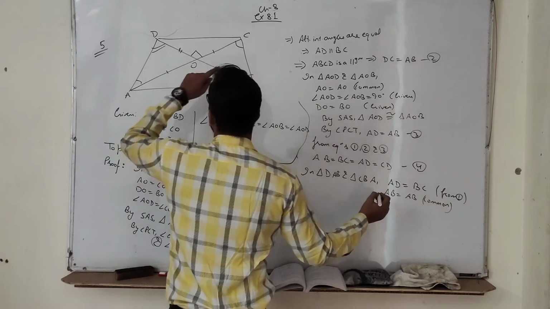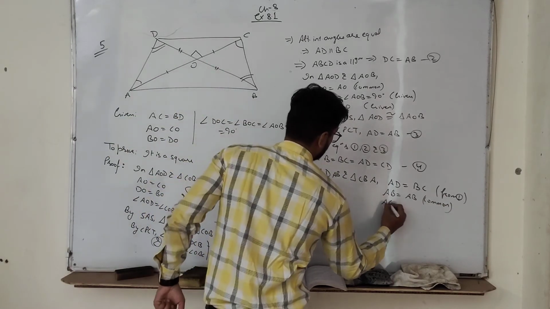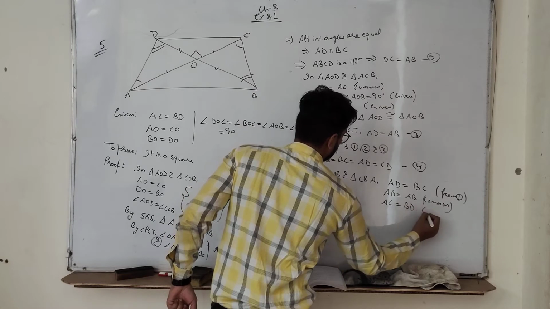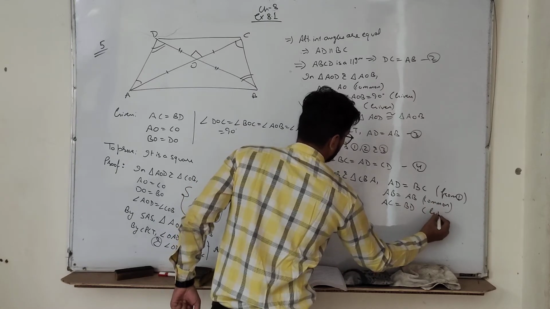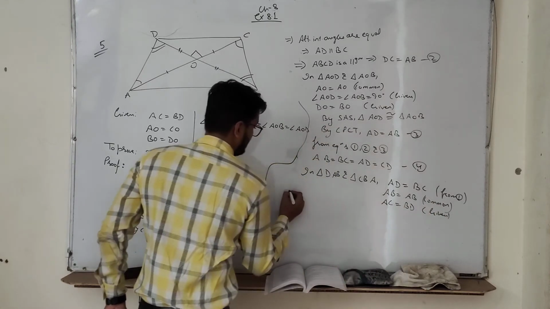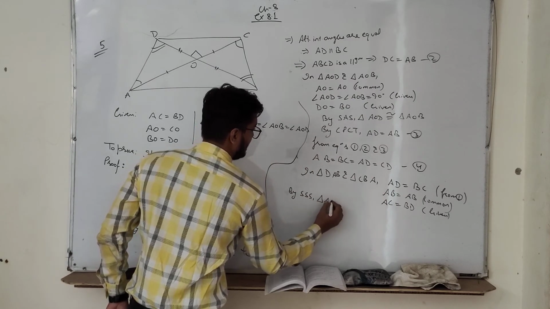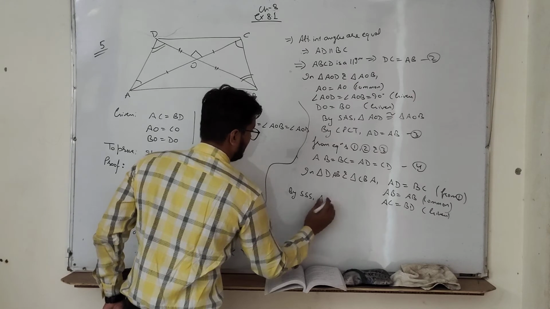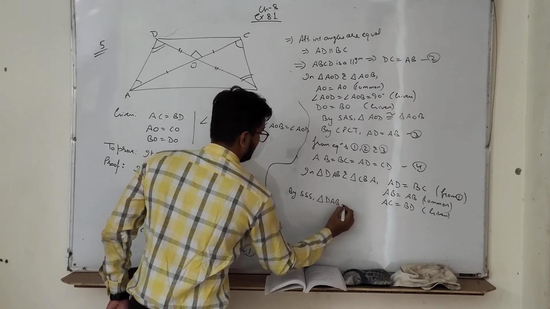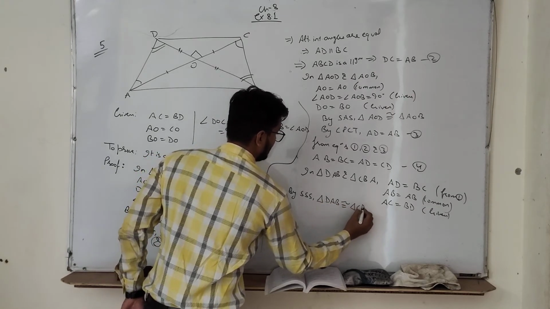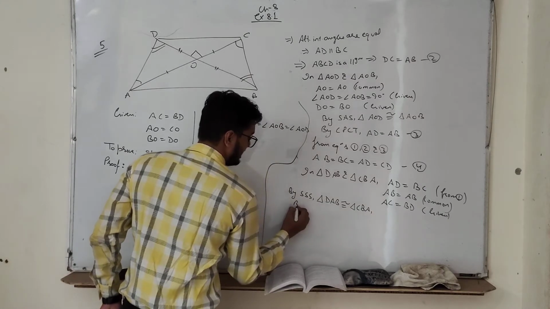Also AC is equal to BD. This is also given. So by SSS, triangle DAB is congruent to triangle CBA. So by CPCT,